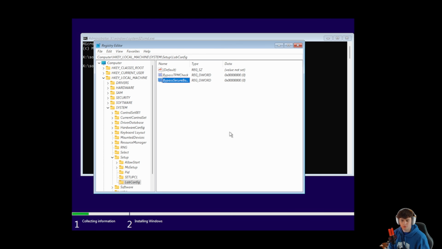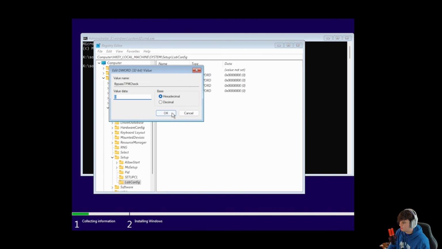As I mentioned, if you needed that RAM, if you're only putting 2 gigabytes of RAM on there, which this machine only has 2 gigs, so I have to put a new key or a new value for. We're going to bypass that RAM check because I don't have enough RAM, on this machine at least. There's that, and then if you needed the storage check, and I believe we can put that storage check in here, so we're going to bypass the storage check as well, right? We'll just do it manually. Double click one,